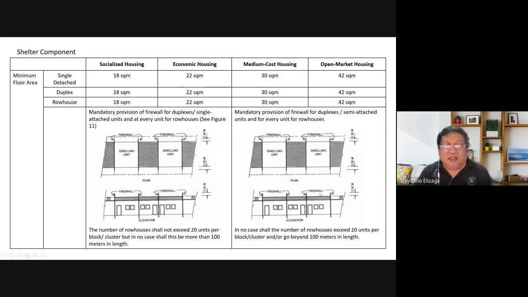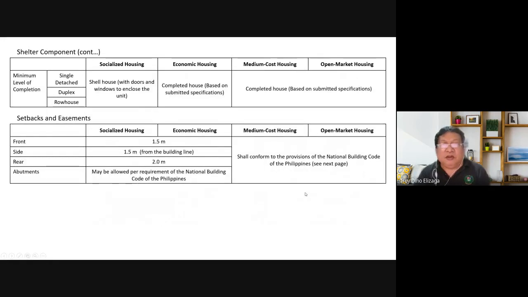The drawings here that you see are the row house. So the row house is attached to the houses beside it on both sides, okay? And so you have a firewall, and for that firewall there's actually a rule on how much it should extend outside the wall: 30 cm in front and at the back and also on top above the roof, okay? So please don't forget about that firewall.